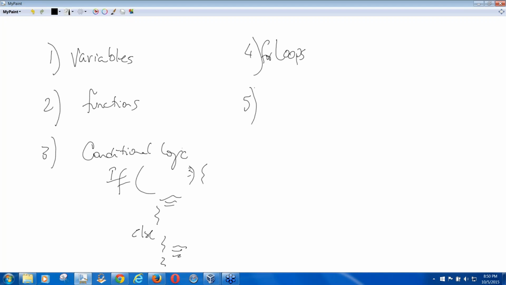Number 5 is having a little idea of object-oriented programming. Now, for those of you who are brand new to programming, meaning you have not done any programming, you probably are a little bit overwhelmed when you see these topics. You say, what is he talking about? Object-oriented programming, I have absolutely no idea what that is. Of course, if you had an idea about it, then you would not be here, right? Because you are here because you want to learn about it, and that is the objective. That's the goal. So together we will be pursuing